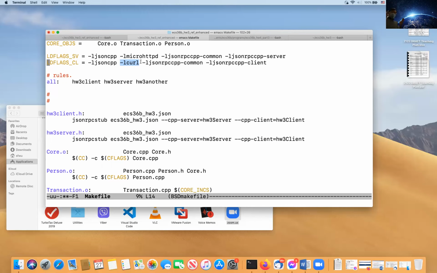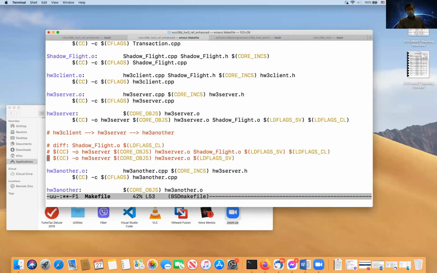Okay, so in the original program, HW3 client only gets the client part. HW3 server gets the server part. But now we actually have both, the client and the server. That's why you need to include both. All right, so that's why the makefile needs to have this one as well, to add this part.